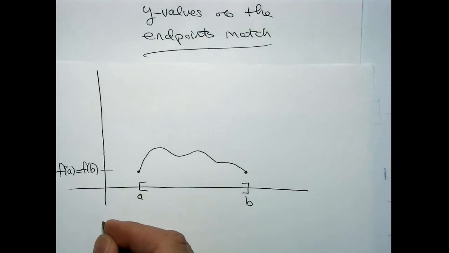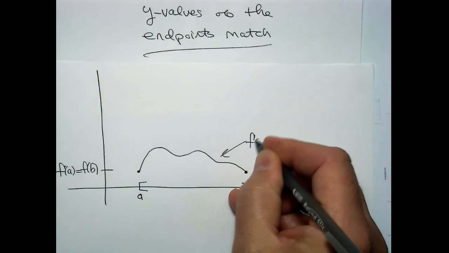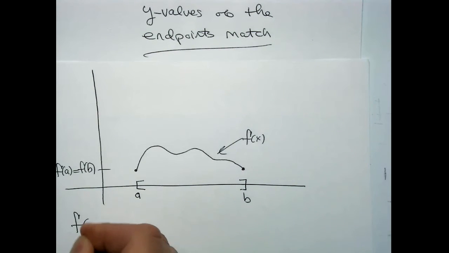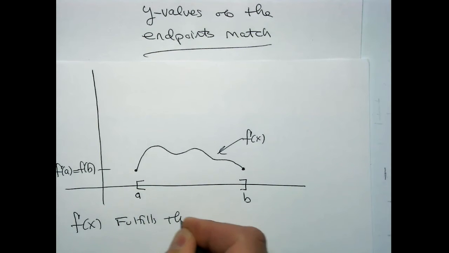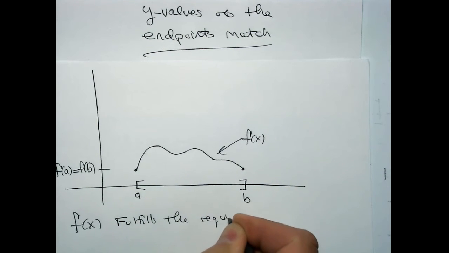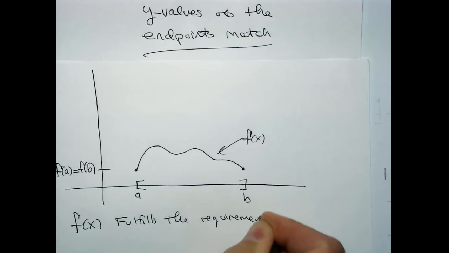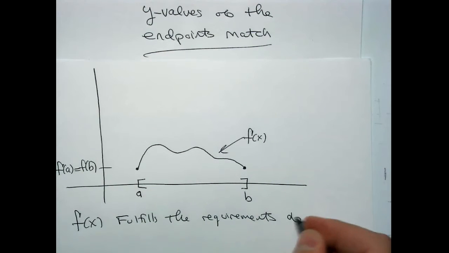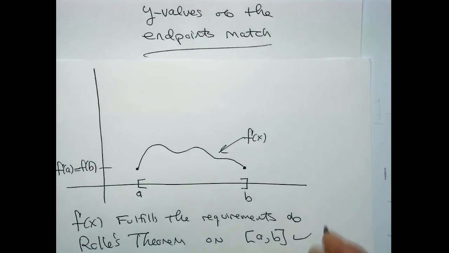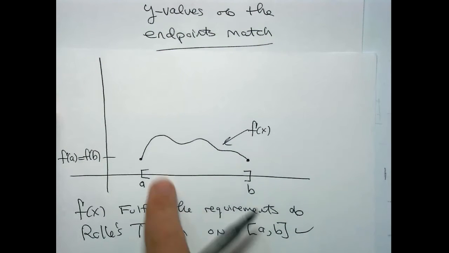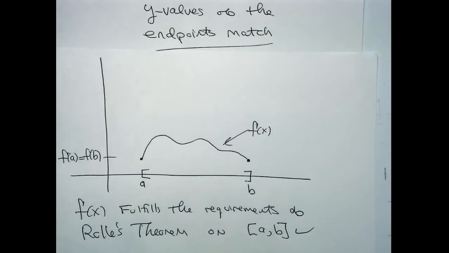So, this function right here fulfills the requirements of Rolle's on the interval from a to b. We can say that with confidence here because you can see that it's continuous and there do not appear to